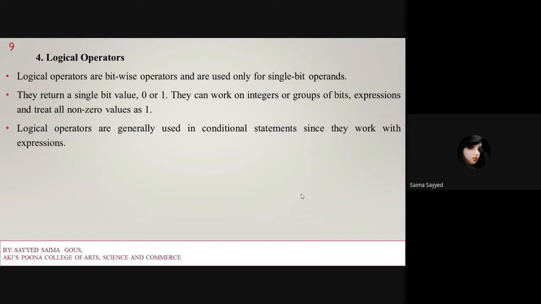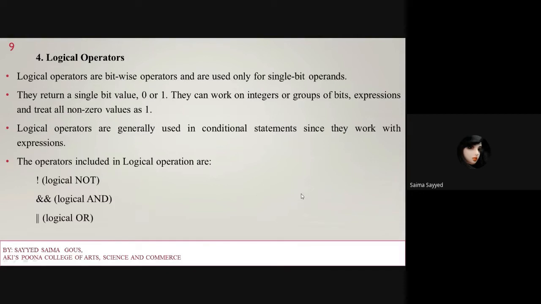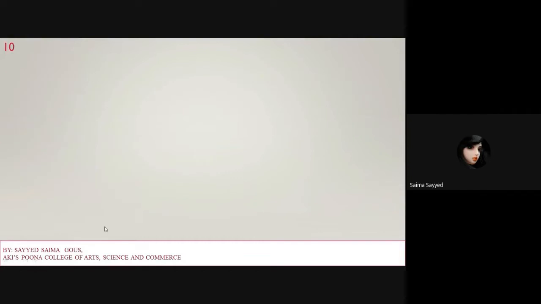Whenever we write Verilog code, we will see in the next lectures the loops in Verilog. So when we use an if statement, if the condition is true, if A is equal to B, or if A is not equal to B, here the logical operators are generally used with these conditional statements. They include logical NOT, logical AND, and logical OR. So here we have to use these symbols for logical NOT, then logical AND, then logical OR. So there are 3 operators in logical operators.